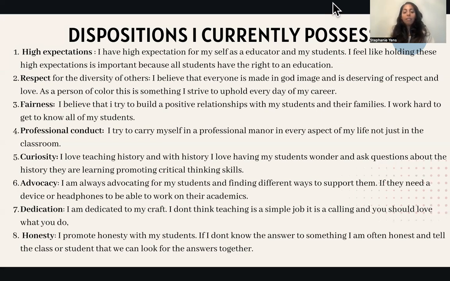Advocacy, and I feel like curiosity goes with advocacy. I try to always advocate for my students and find different ways to support them. For example, especially in this digital world, we need headphones, we need tablets, and a lot of my students with disabilities might have print-based disabilities, so they might need the text read to them.